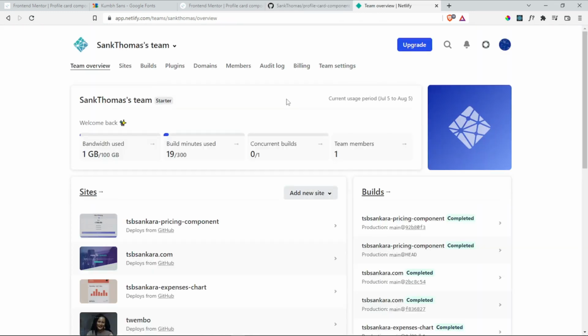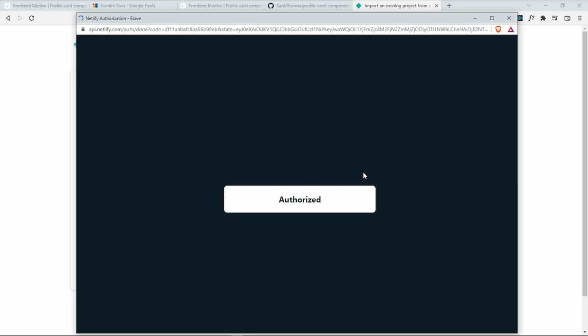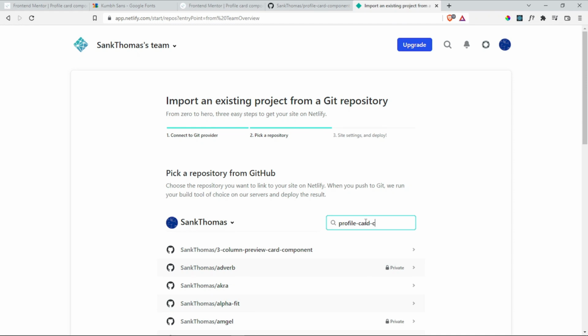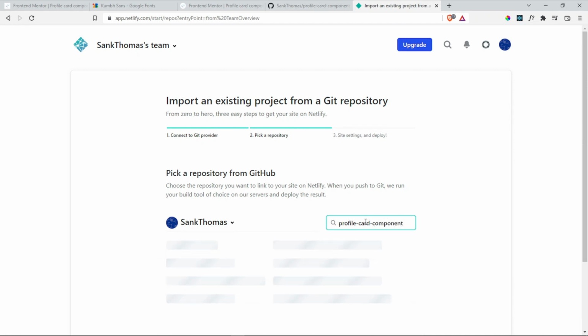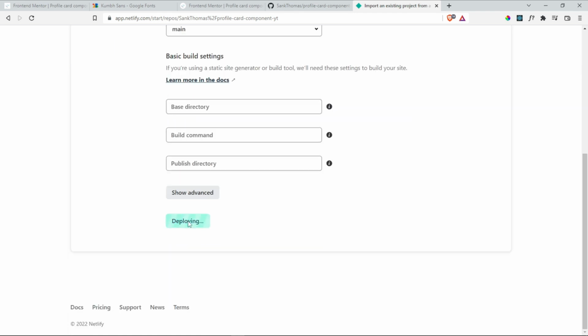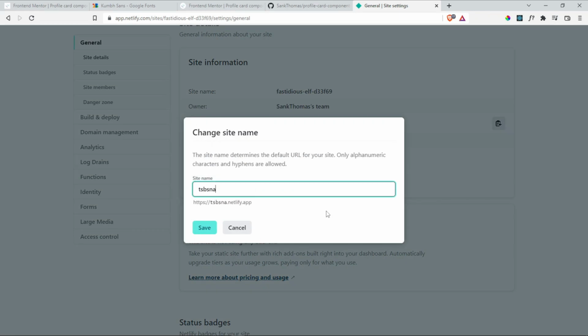And then now let's go into Netlify. Let's open a new repository, create a new site, and the repository is called profile card component, so profile-card-component, and then just click on this and then just say deploy site, deploying, there we go. And then just change the site name here, change the site name into tsb-profile-card-component,